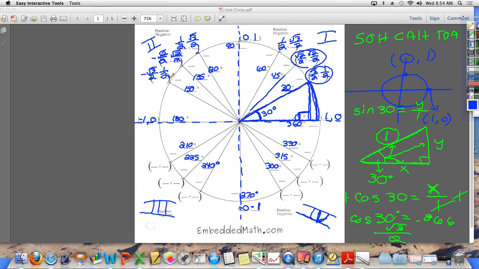Cosine, sine, cosine, sine, cosine, sine, cosine, sine. Okay? Is that fun to say? In quadrant 3, x's are negative, so are the y values. So everything down here is going to be negative. But in quadrant 4,